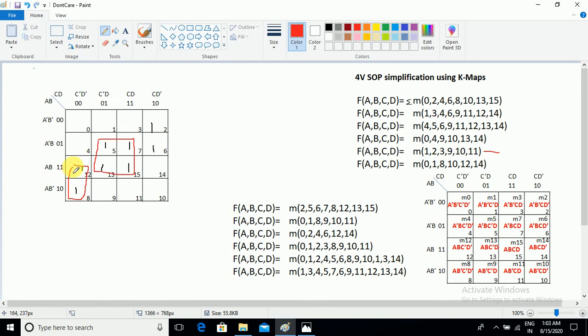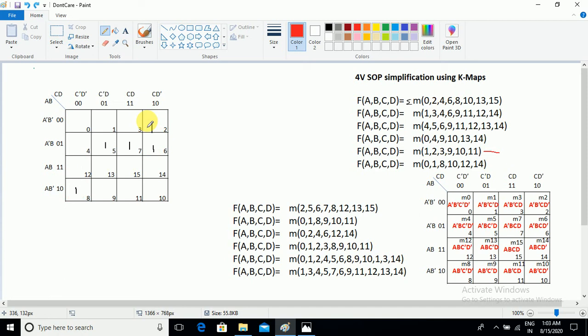Okay, clear. Now let us come to this point. 6 can take a grouping with overlap of 7, but without overlap also you will get the same count of cells. So prefer to create a group without overlap. Okay, after that go for the overlap. Done. So these are the groups for this given problem.